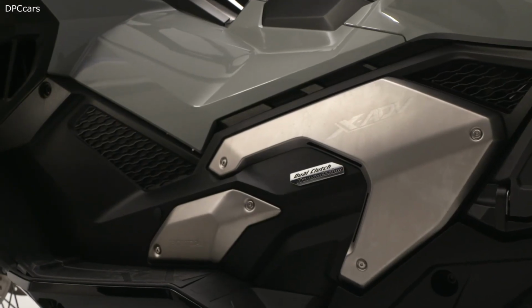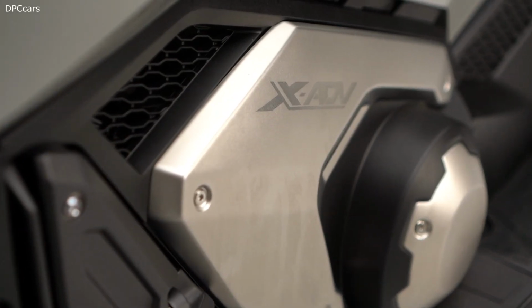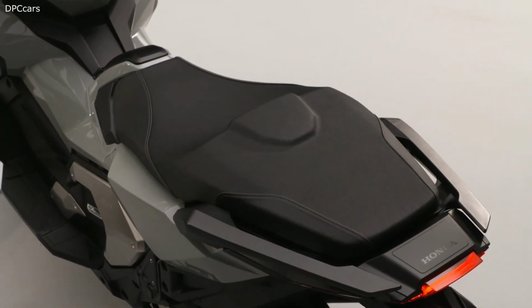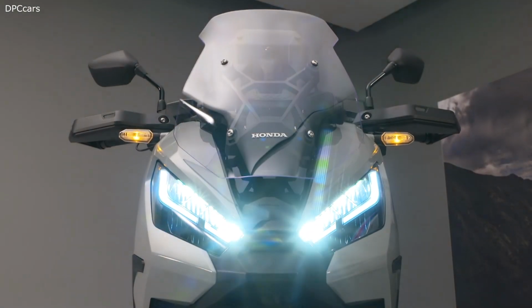The performance is sportier, with 3 kilowatts more power, shorter ratios for the first 3 gears, and a 3 kilogram weight reduction. There's also an even more rugged design, a fantastic new 5-inch TFT dash, and increased weather protection and